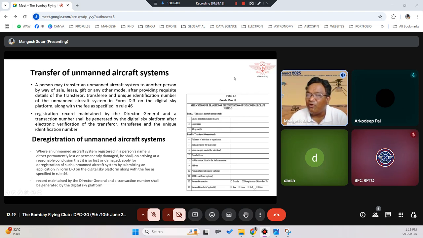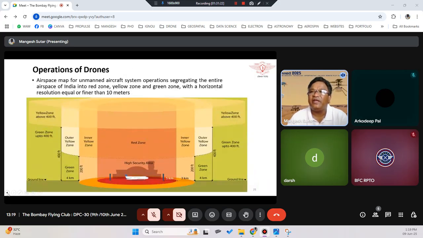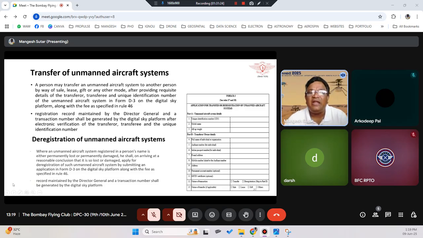Again the same form, the D3 form. So the D3 form is for transfer and for deregistration. That is where we talk about the D1, D2 and D3 forms. So these are the three important forms initially. Now we'll move to the